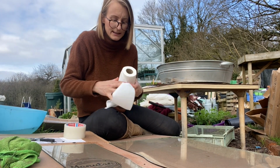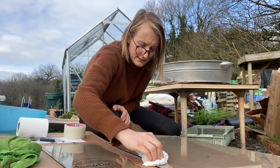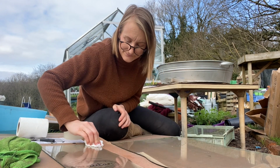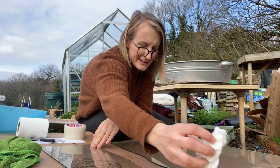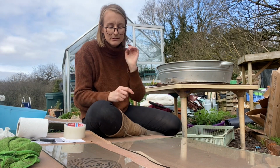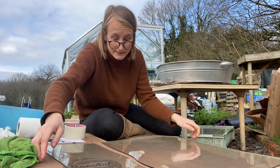Alright, so I've cleaned that surface. I'm going to wipe it down. Yes! So it's squeaky clean. This sort of tape is very, very adhesive, so you don't need to worry too much about it being perfect. So being super clean, what you want to do is line your pieces up